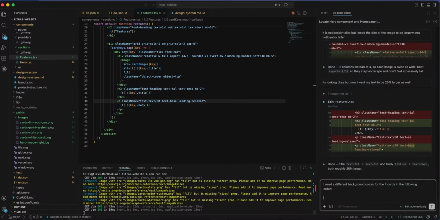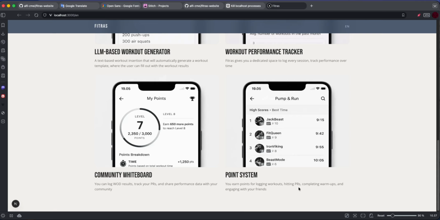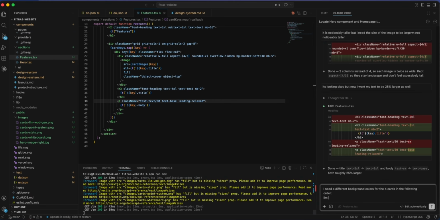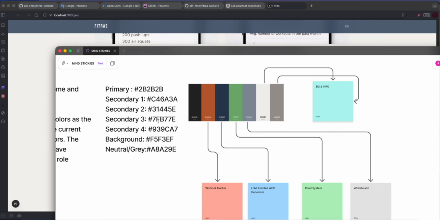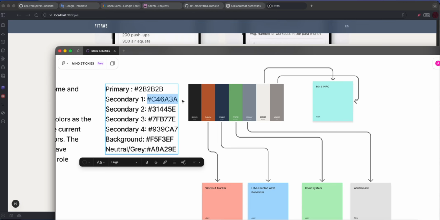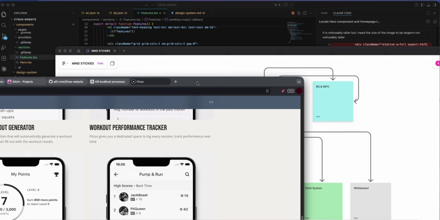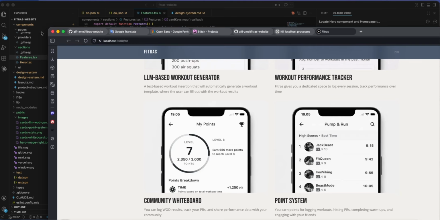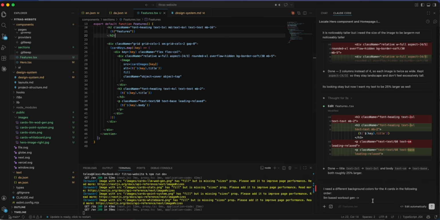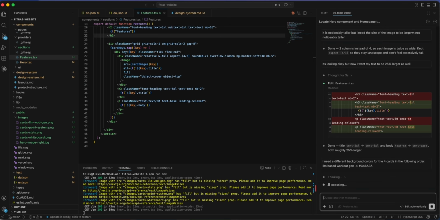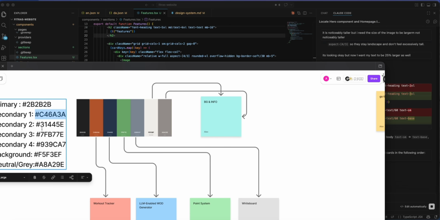So the LLM based workout generator needs to have this color. Okay, let's just minimize this for now. So this bad boy has to have this color. Then the second one,